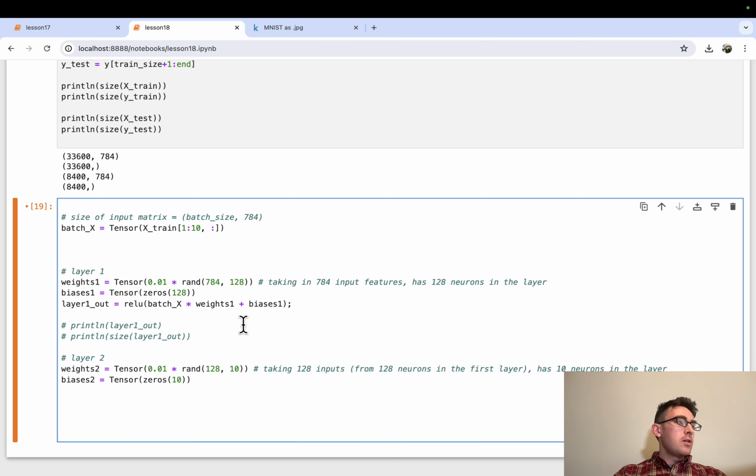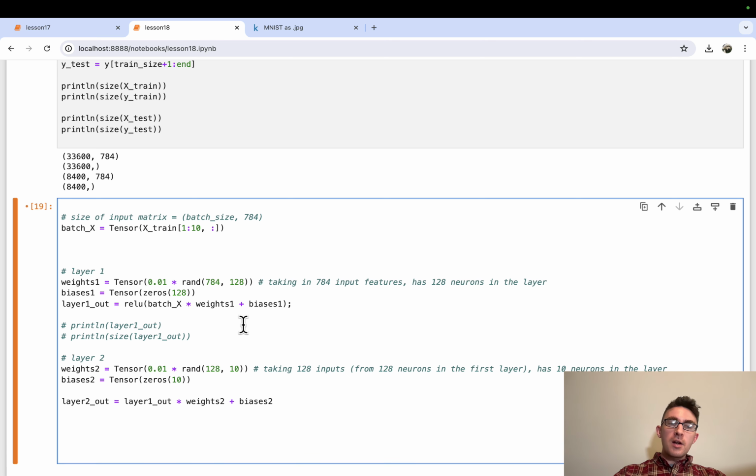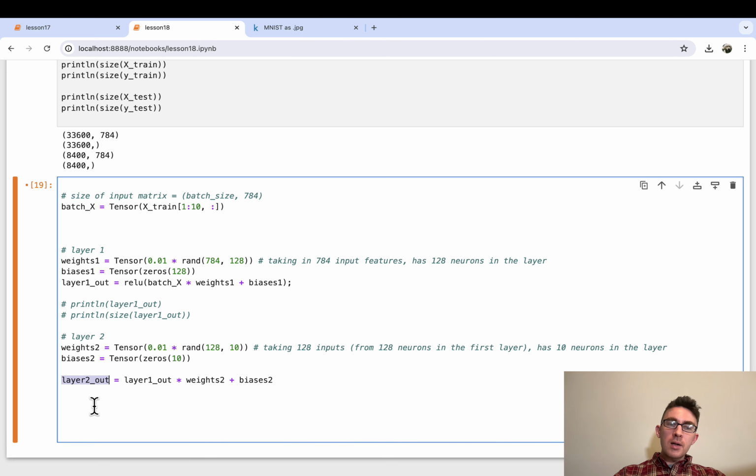And then, okay, the actual pass-through layer 2 is going to look like this. So we're going to say layer 2 out equals layer 1 out times weights 2 plus biases 2. And then at this point, we can print out this